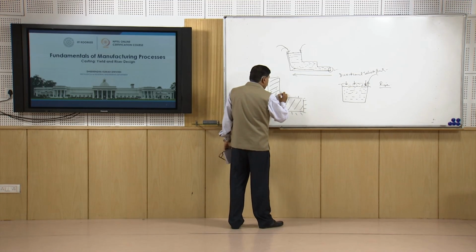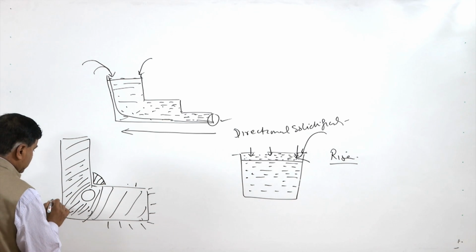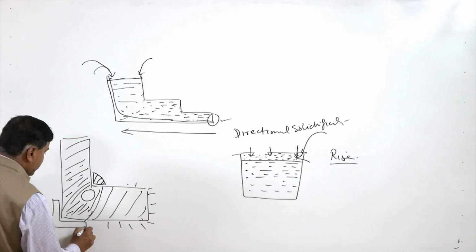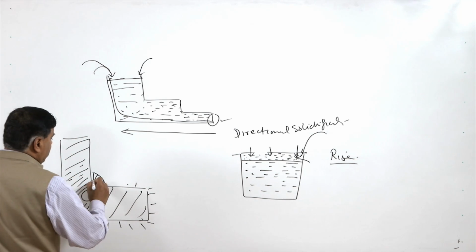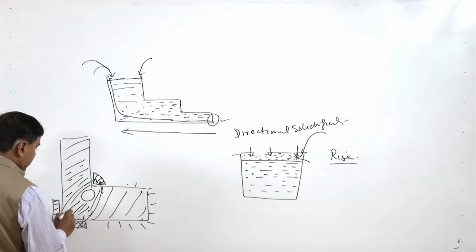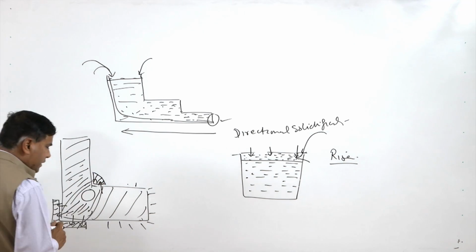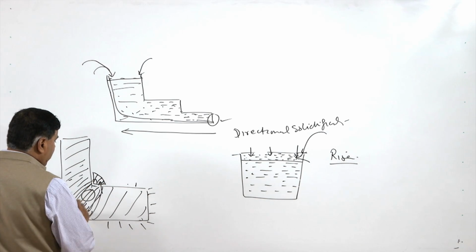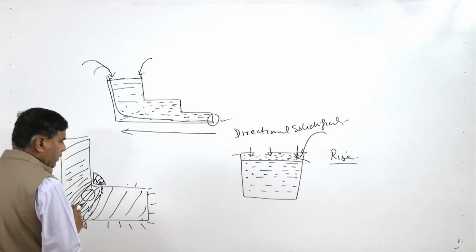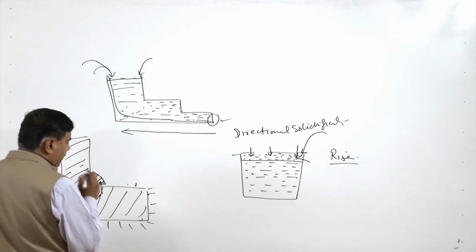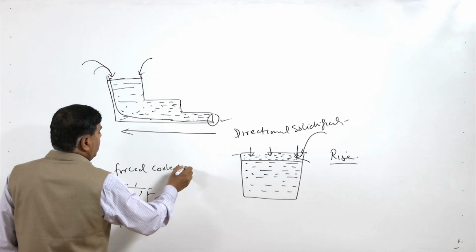For this purpose we add a metallic piece at this location. This metallic piece in these areas can help to extract the heat at a much faster rate. So, these pieces will be kept in the mold wall. Heat will be extracted by these metallic pieces at a much faster rate, ensuring that the cooling rate from this region is much faster. So, this region will be solidifying earlier as compared to the earlier case when there were no chills. So, this situation will be avoided. This is like the forced cooling